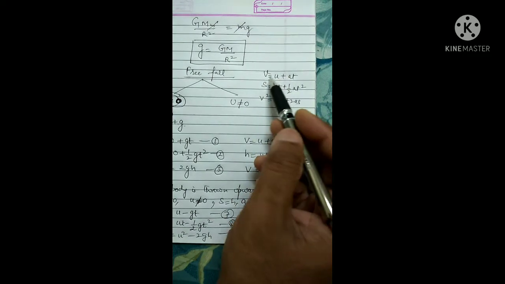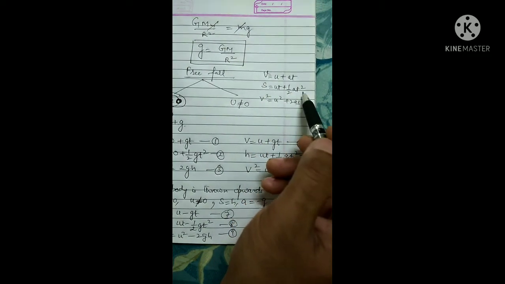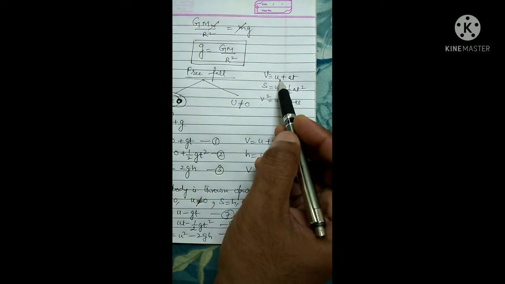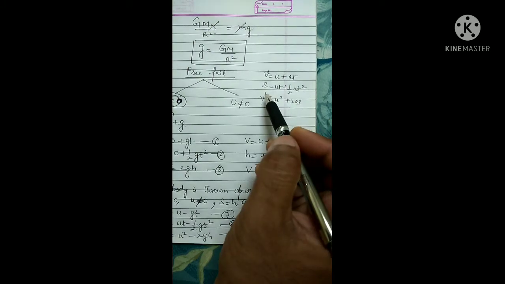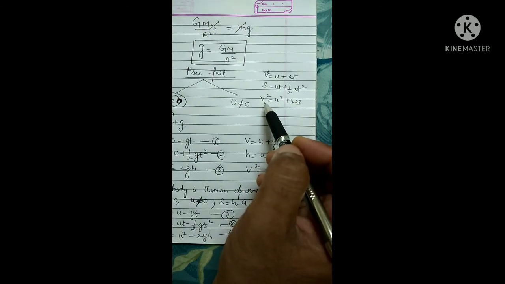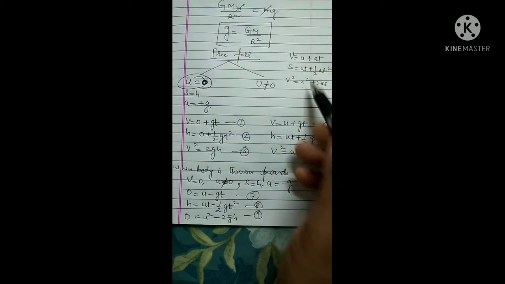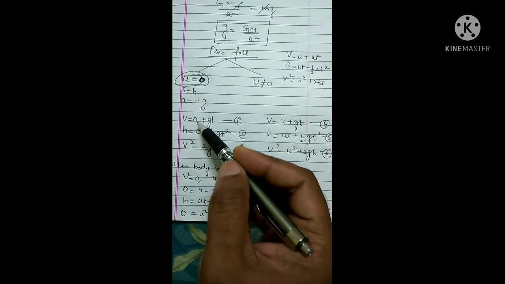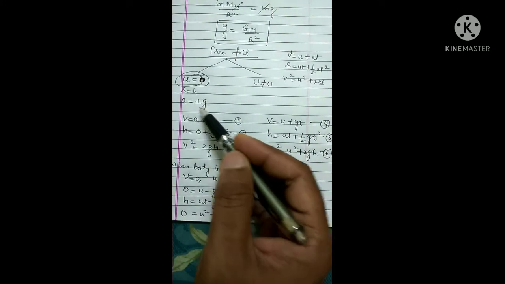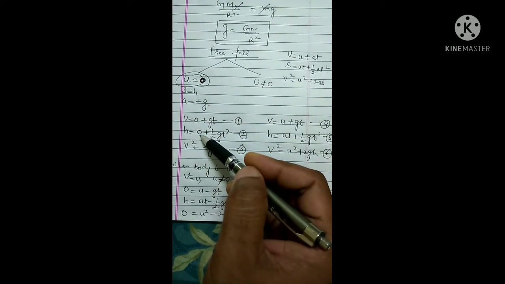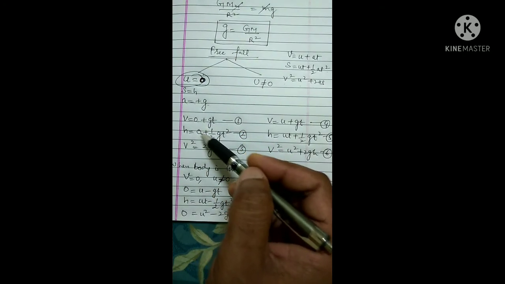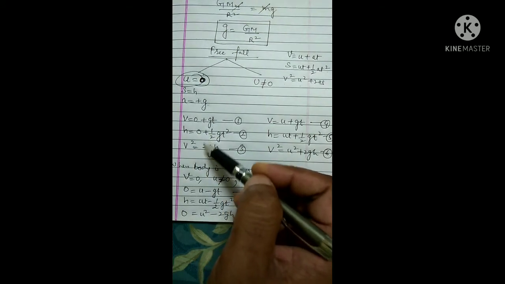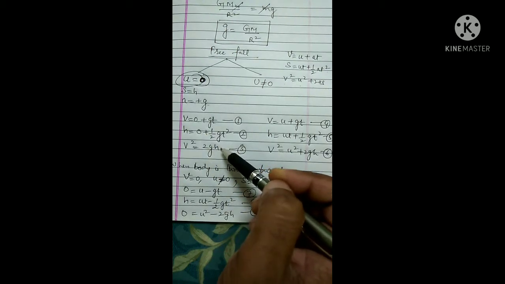Here are the three equations: v = u + at, s = ut + half at squared, v squared = u squared + 2as, where v is final velocity, u is initial velocity, a is acceleration and t is time. s is the distance, that is, height. In all three equations we can substitute u = 0. We get v = 0 + gt, because a is replaced with plus g. h = 0t, anything multiplied by 0 is 0, plus half gt squared, and then v squared = u squared, which is 0 squared, that we are ignoring, plus 2gh.